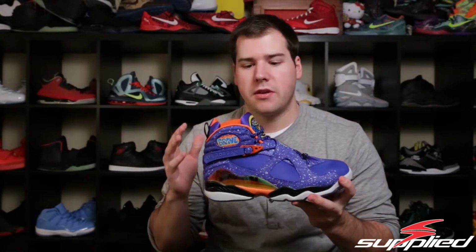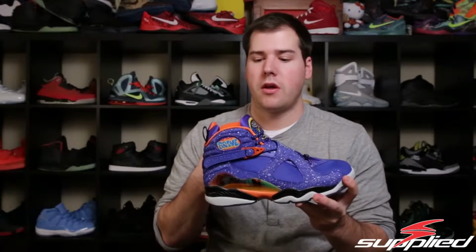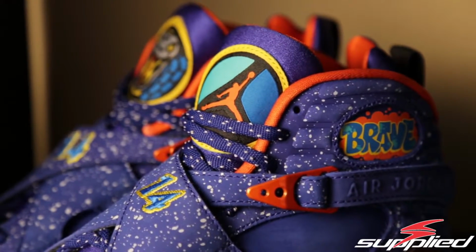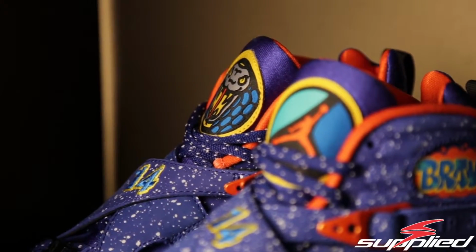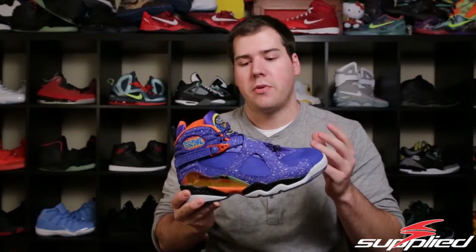A little interesting, my personal opinion on it is that, you know, it's a Doernbecher 8. Yeah, Jordan 8s aren't my favorite Jordan. I don't know if they're your guys' favorite, but probably one of my least favorites. But I think that this colorway and the way that they did all the materials on the shoe